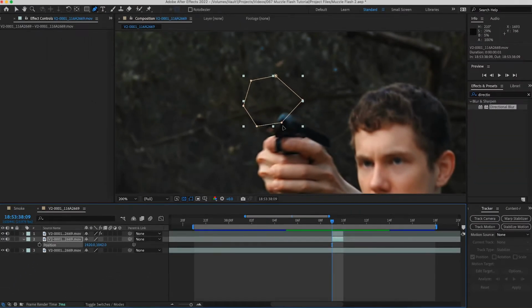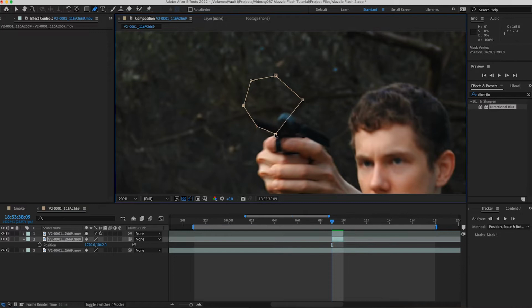We're gonna have to readjust it a little bit so that it fits a little better, because I can see that tweak in the background is actually in the wrong place. I'm gonna realign my mask so that it's cutting out this top portion of the gun. So now you can see we've removed the front part of the gun and it looks like the slide is